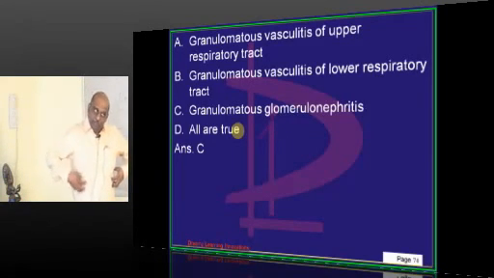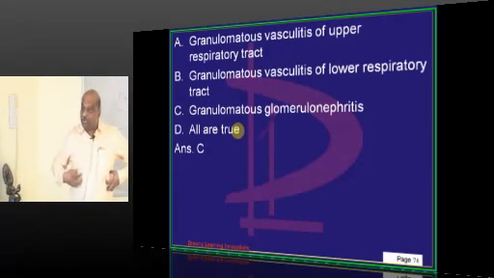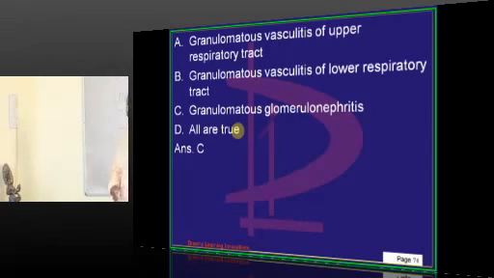The patient will have what? A cavitating nodule in the lung, lower respiratory tract involvement, leading to hemoptysis. The patient will also have glomerulonephritis involving the kidney,